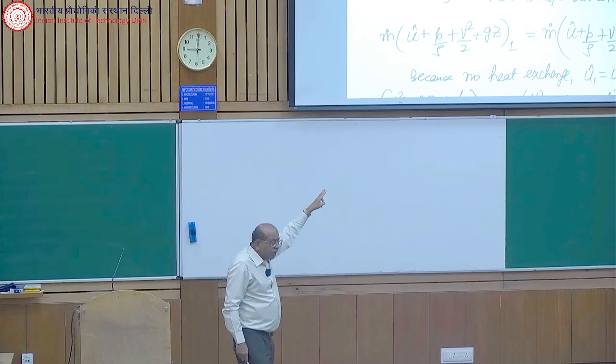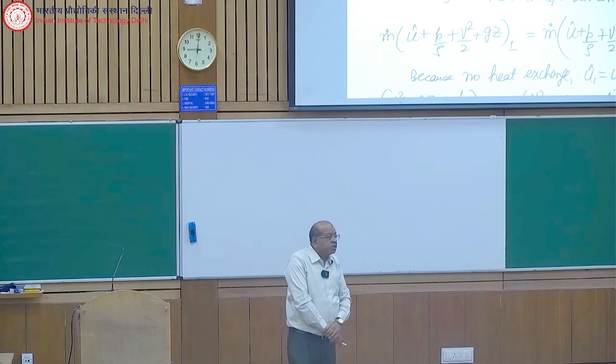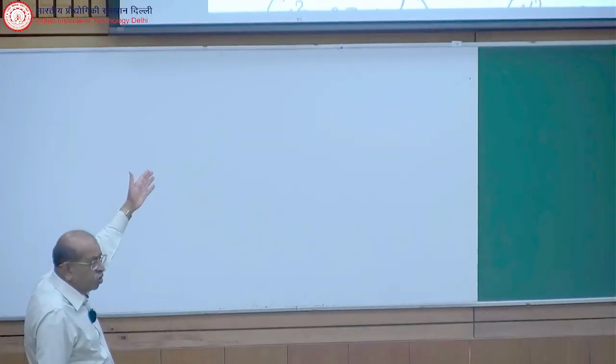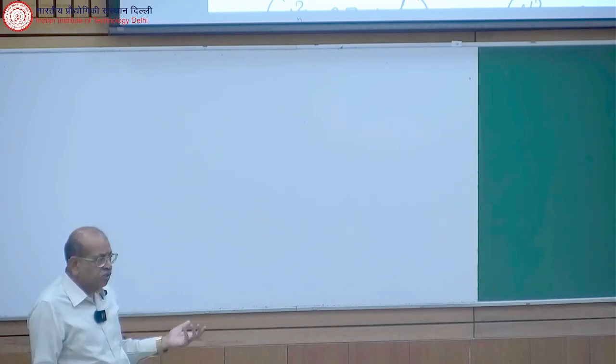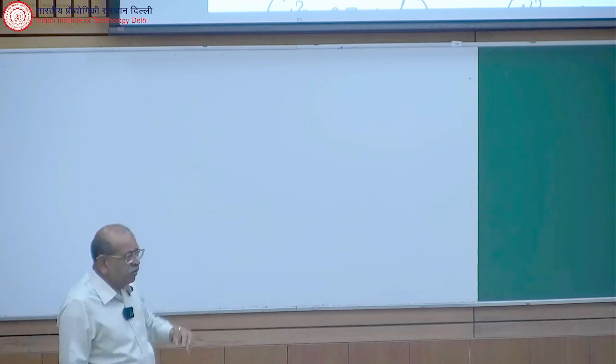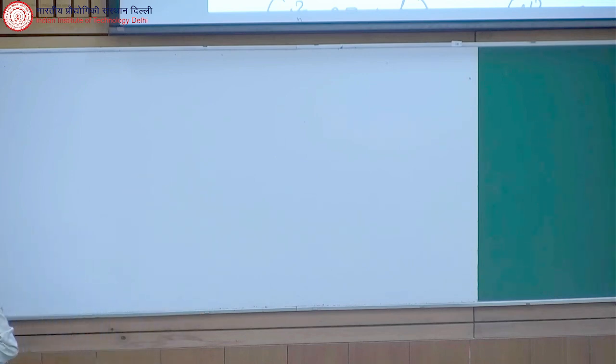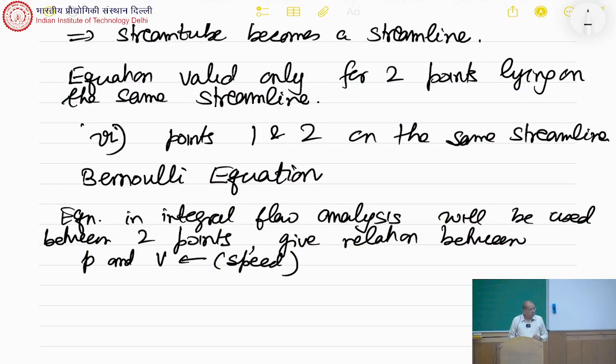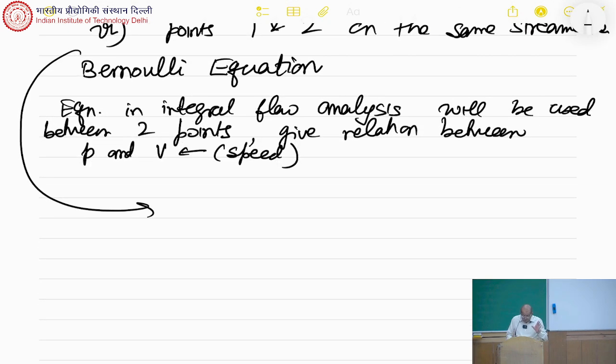Third thing, which is another very important assumption, is that you have to assume that viscosity is negligible. Mu is 0. It has to be frictionless flow. Then of course there is no shaft work, otherwise energy exchange is taking place, and no heat transfer. And then comes the sixth point, that flow has to be between 2 points on the same streamline. Now we may be able to show that this can be relaxed